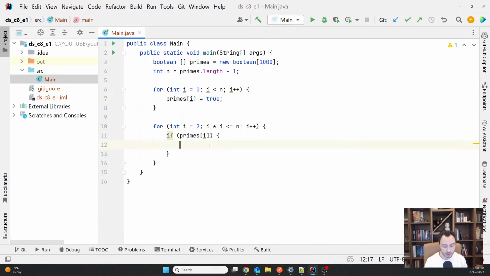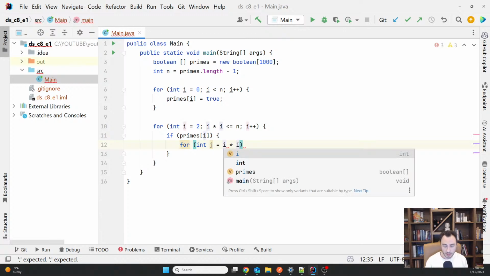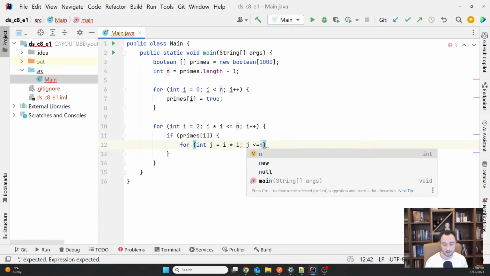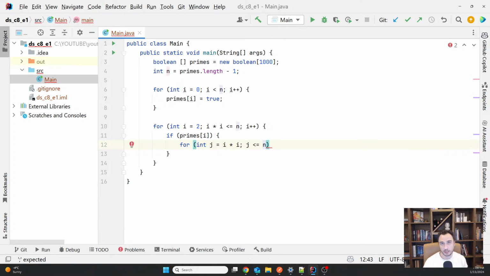So I'm going then with another iteration, say j from i times i, okay, smaller than the last number, and including the last number, which would be 999 in my case. Of course, we know it's not a prime number, but our algorithm needs to work regardless